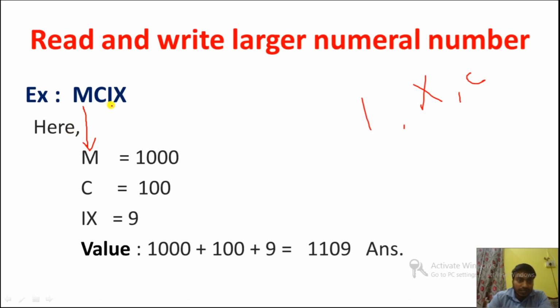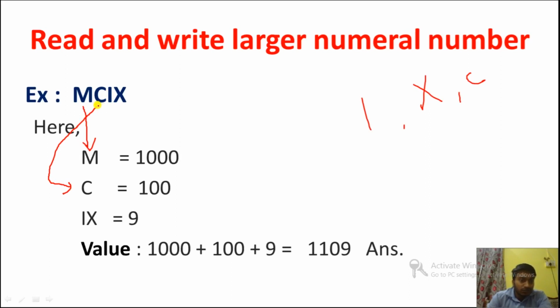But here you can see we have a smaller value symbol on the right side. That means the C is not just left side of a higher value symbol. So separately we have to take C. Clear to you? C is written just left side of a smaller value symbol, not a higher value symbol. That's why subtraction will not be there.